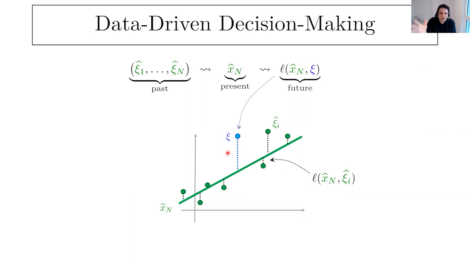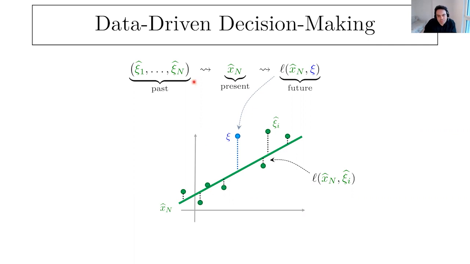So this diagram that I'm picturing here is a very old and classical picture of data-driven decision-making, and there are different communities working on the different subjects of this picture. So perhaps what we immediately connect to that is machine learning literature. So in machine learning, I would say each of these components gets a natural name.